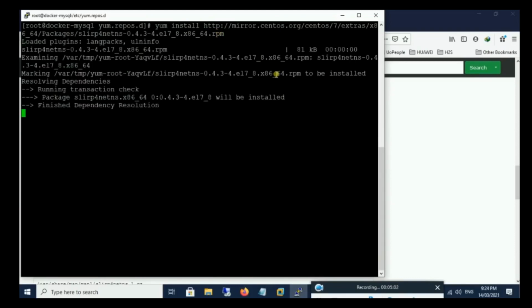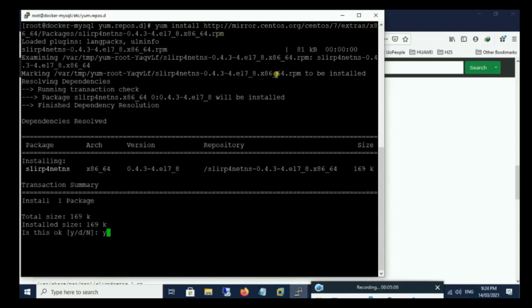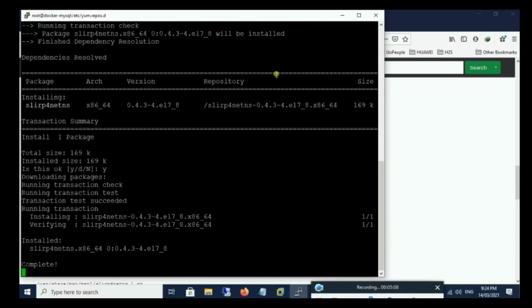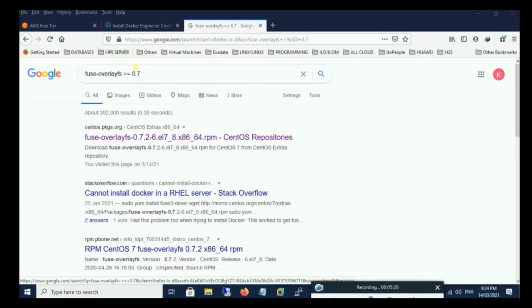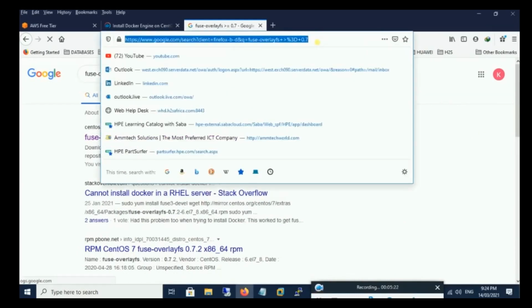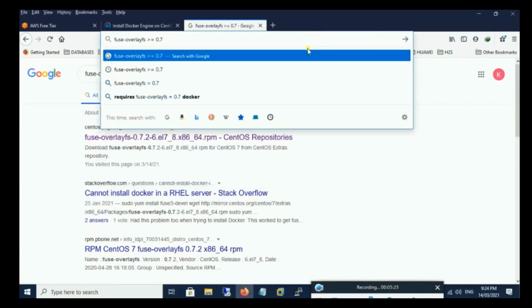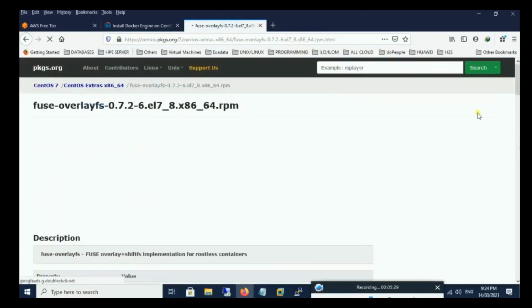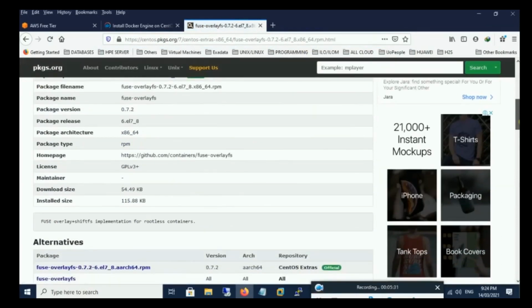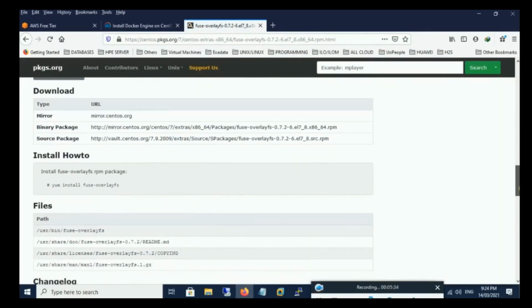Now, if you are installing, here you are using Oracle Linux 7.6.8. If you are using 7.6, 7.5, 7.7, 7.9, 8, any version you are using and you are having errors, please state it in the comments so that all of us can work together and see how we can help. So this is the fuse overlay that we are trying to install in the system.